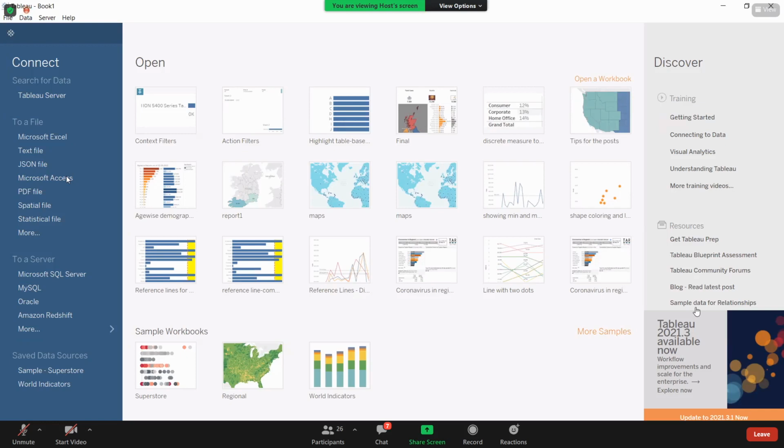What is meant by the Tableau resource page? If you want to explore Tableau Prep, what is Tableau Prep, you will come to know. If you want to read something, some blueprint, if Tableau is releasing one, you can read about that. Even if you have any doubts while working on Tableau, if you are facing any issue, Tableau has this community forum. You just join that community forum and post your query. Someone will respond to that query. Might be the person faced the same issue and has resolved it. Then that will be helpful for us, right?